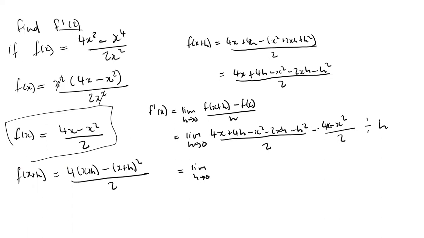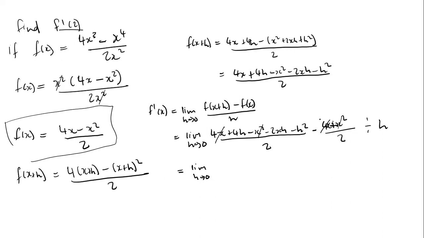So now remember here we have a negative, so this sign is going to be positive. Remember, we have this function, so we have a negative from the formula. So this and this are going to be negative, and this is going to be positive. And therefore this and this are going to fall off, and this and this also fall off, and therefore we are left with 4h, negative 2xh and